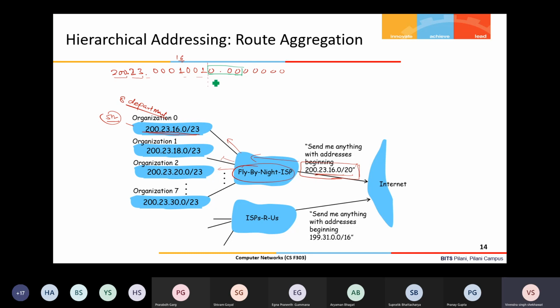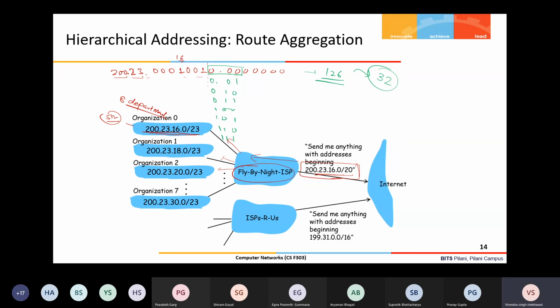So the first department will have this combination. The second department will have 001, 010, 011, 110, and 111. And I will now get my networks. Each department will be a /26 network. And how many total addresses are available? 32 in each. Out of that, 30 can be used for connecting any machine. Correct?